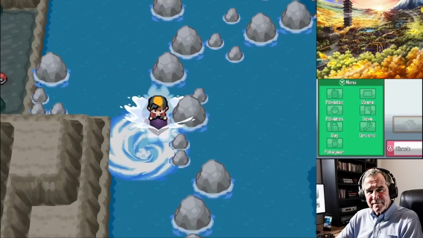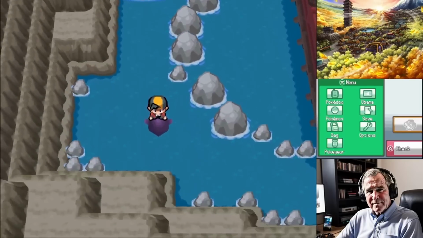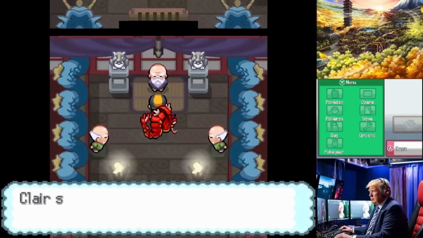Now it's time to see the old men who hang out in this dark cave shrine thingy and see what's going on. Yeah, we do that stupid test and then get our badge and the TM for Dragon Pulse, so big deal, Bush. I have things to do now anyway,